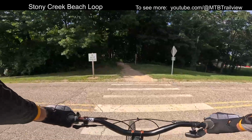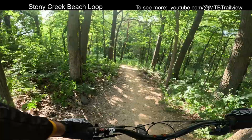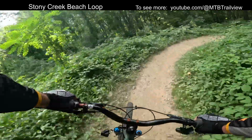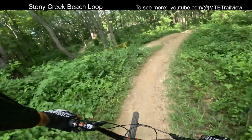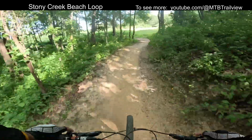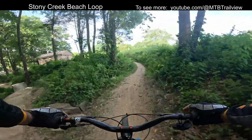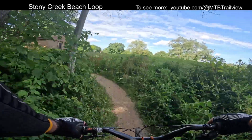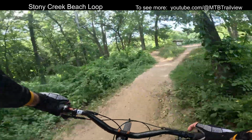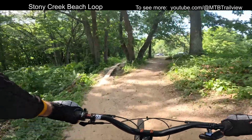Cross the road, and we're back to the Grom trail where we started. This merges right into the beginner track, the kids track, warm-up track, whatever you want to call it. And there you go. You've just completed the beach loop. Now, if you want to see the other loops here at Stony Creek, go to my other videos, and in the other ones we'll go over the other trails that are out here, the other loops,